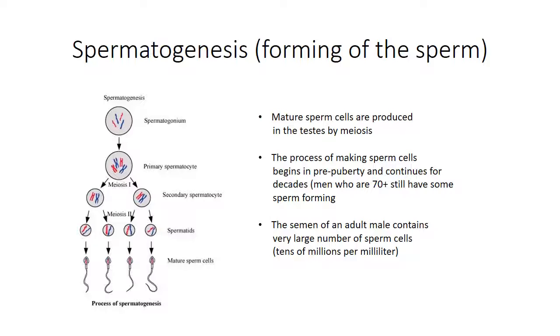It does not mean that all these tens of millions are really ready for fusing with the egg. Some of them may not be viable. In all males, there's a certain percent of sperm that for some reason did not make it to a viable cell. Others are viable but not motile. The sperm has to swim. There's a pretty long distance for the sperm to swim to reach the egg cell. But still, in healthy, reproductively healthy males, most sperm are viable and